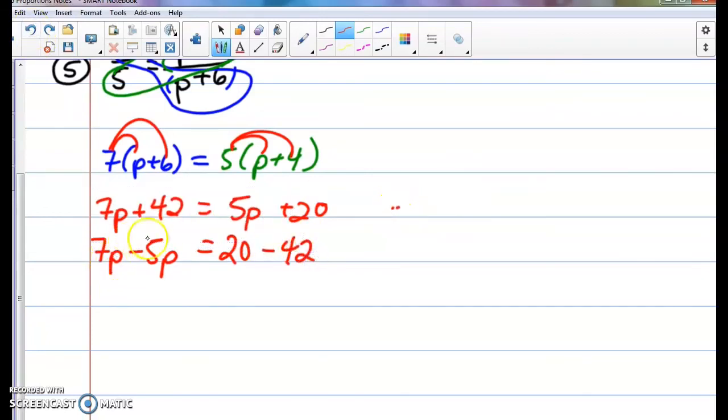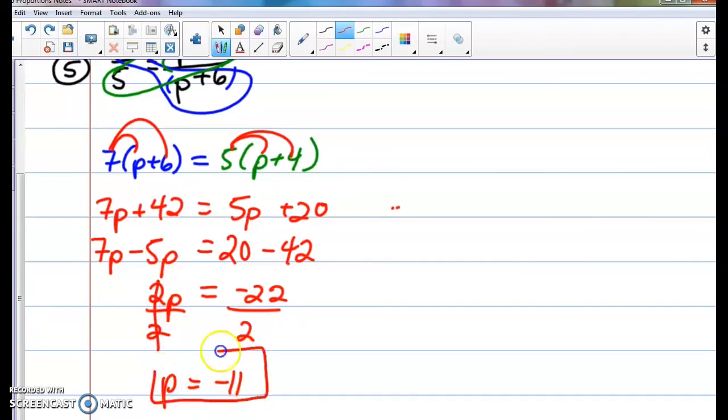There we go, so 7p minus 5p is 2p. 20 minus 42 is a negative 22. Divide both sides by 2. And p equals negative 11. And we're all set. And that finishes us up for our